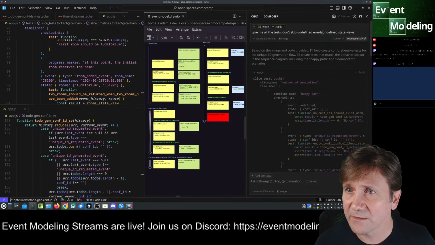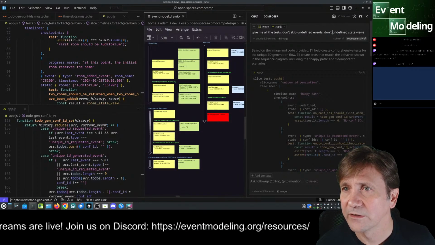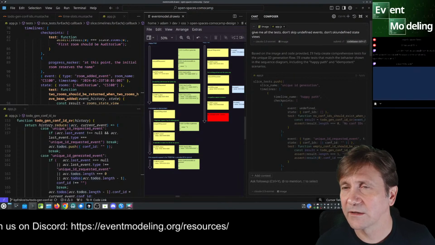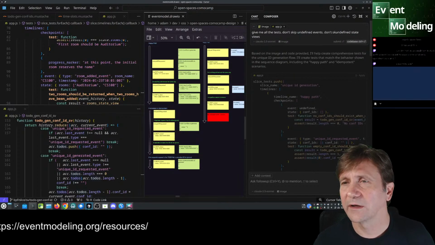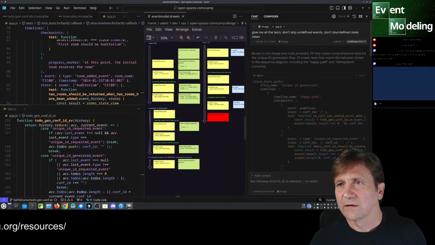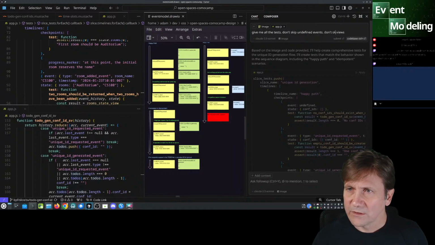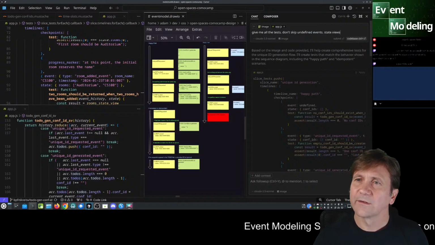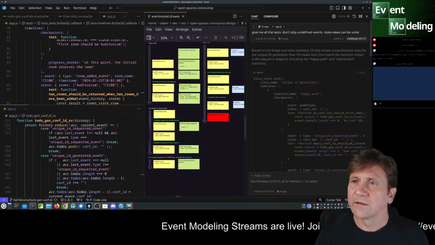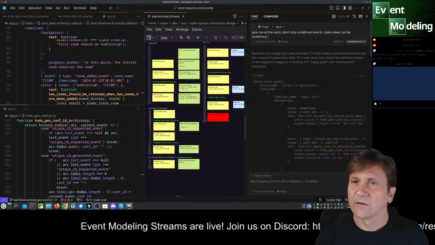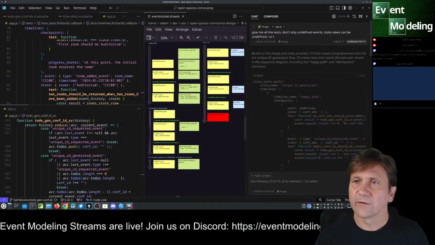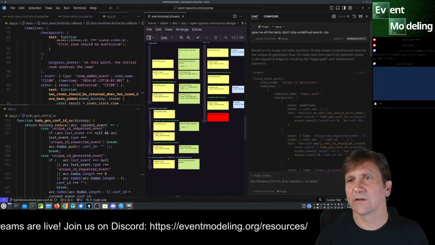So I can just say don't... State views can be undefined. No. Don't create tests where state views are undefined.